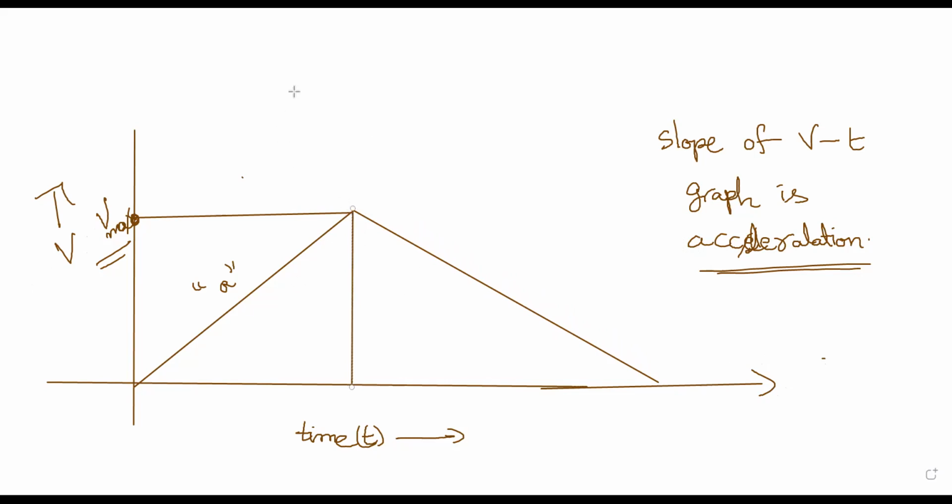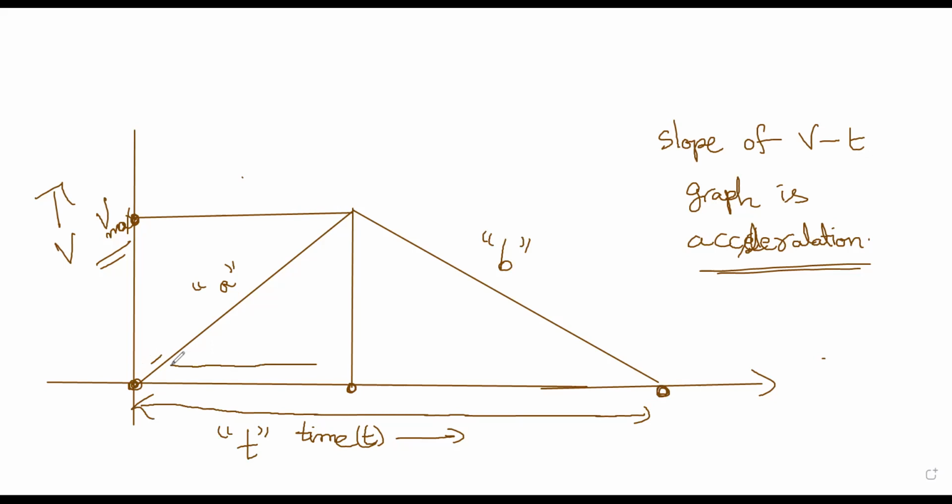Let us say they have given that the total time of journey is t, starting from rest and accelerating like this, and then decelerating at rate b, and then reaching this point. The total time is t. And now let us break the time interval into two parts. The first part, let us assume, is t0, and this time obviously will be t minus t0. So this is how I start.